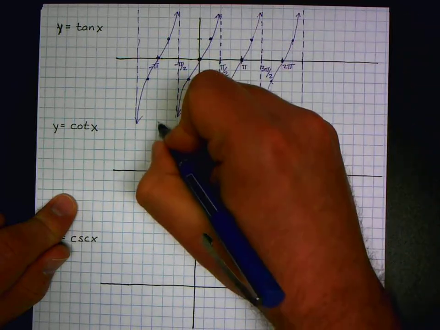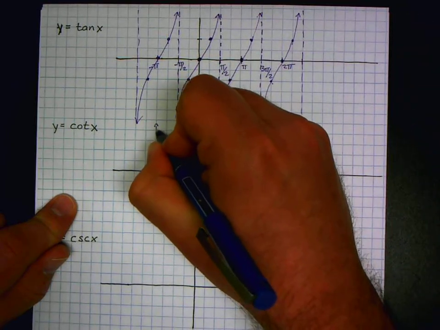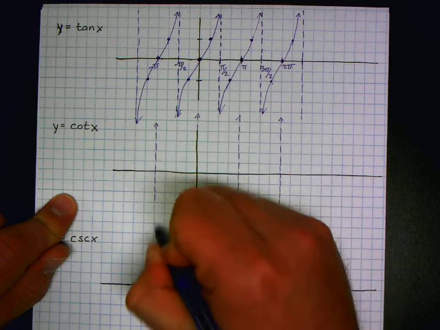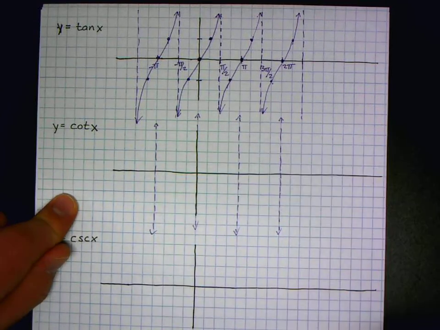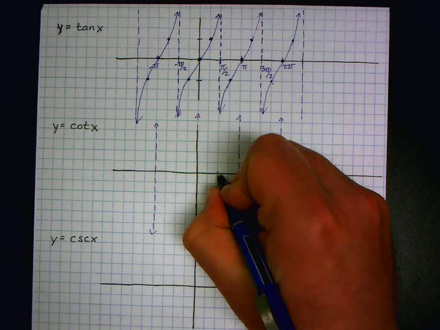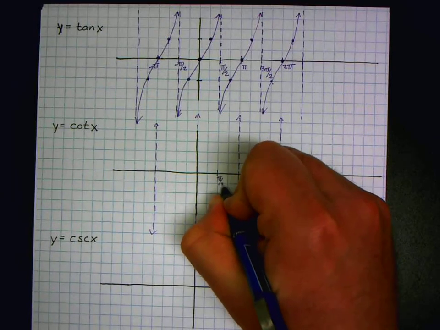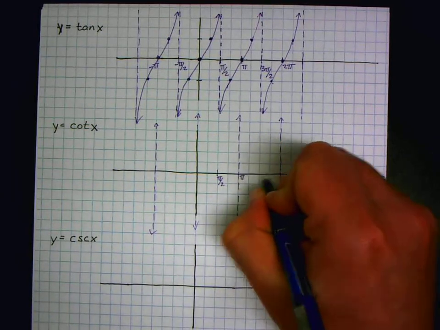So now every pi mark is going to be an asymptote. Okay, now each of the zeros, or sorry, each of the asymptotes,